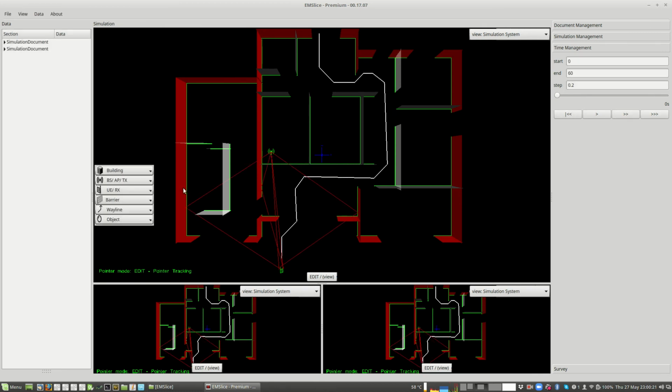Now I'm going to add a separate object to the environment. So let's make it a cube and place it here. And I also want to add a wayline for the cube to move along. So let's start it here, going down,